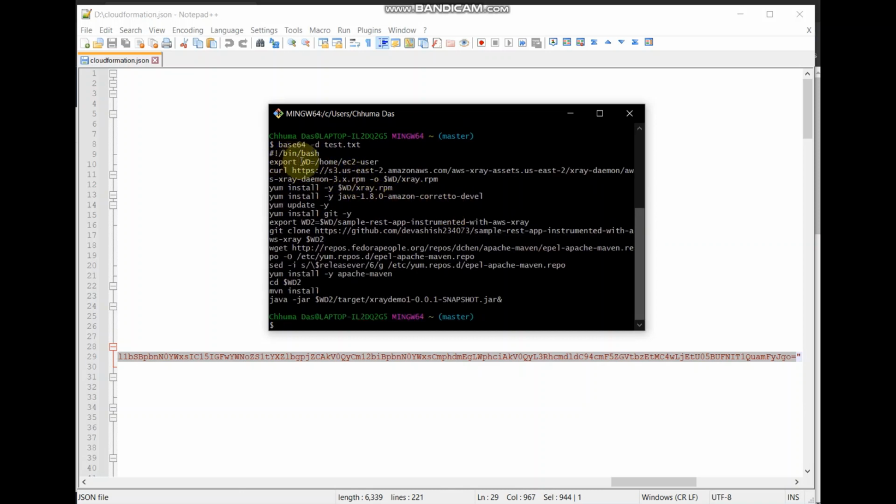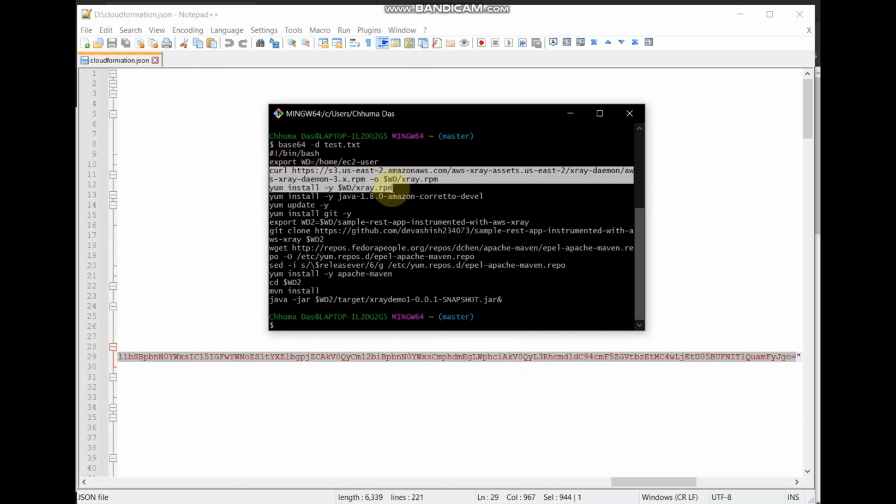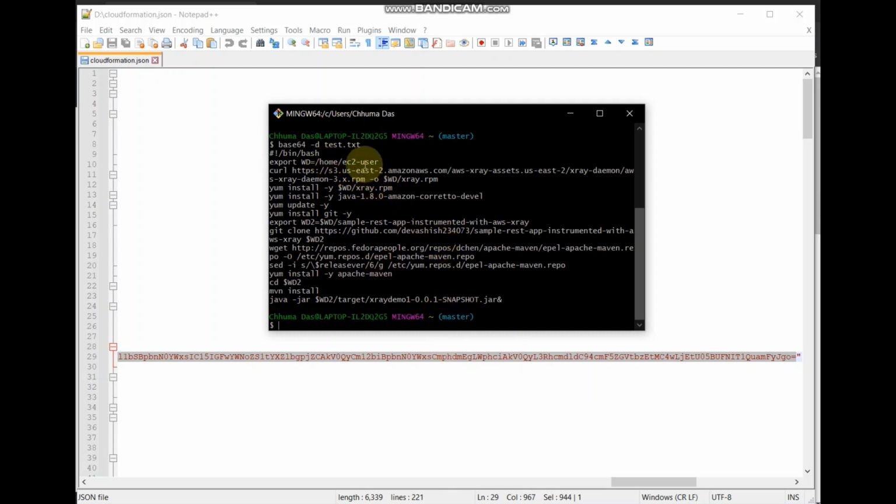First, I am exporting a variable wd, which is pointing to this path /home/ec2-user. Then I'm installing this X-Ray daemon. This one we did in the last video also. In the user data here I have just modified it to make the size of this script smaller. I'm using variables, so this wd I'm accessing here. So this whole path is /home/ec2-user/xray.rpm. Similarly, I'm installing JDK using this one, and doing an update, installing git,